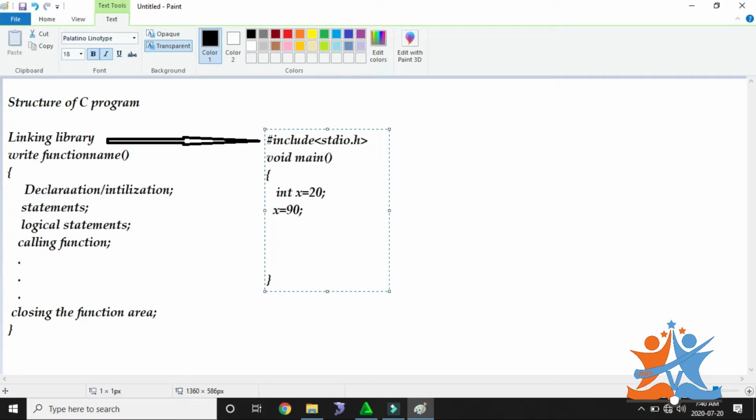After that, logical statements or calling functions we will see in further sessions, not in this program. For example, here I want to print that 90 value as output. So we need to call one predefined function. That predefined function provides output. Its functioning process is that whatever information the user provided must be printed in a console.